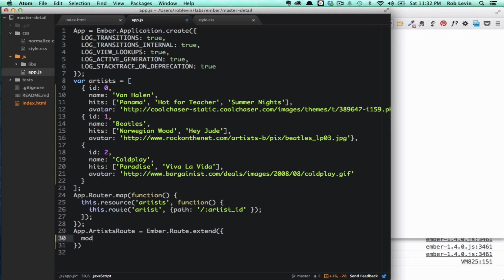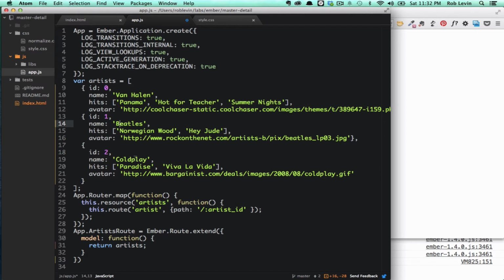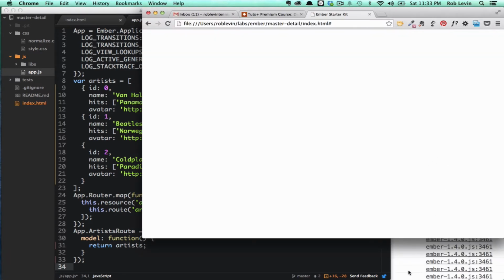And for this guy, we want to return all of our models in that list above there. So we'll return artists. An artist is this hard-coded array of artists here. And let's see what that gives us. If we reload the page,